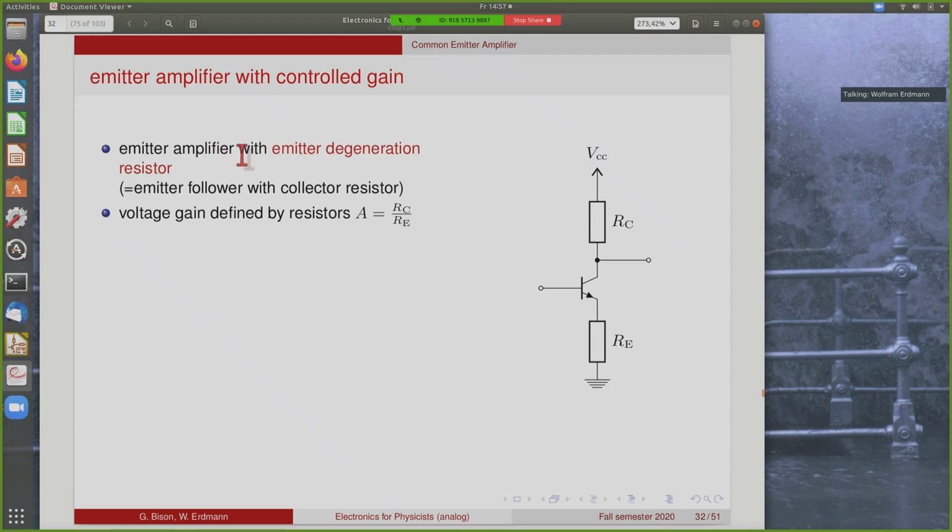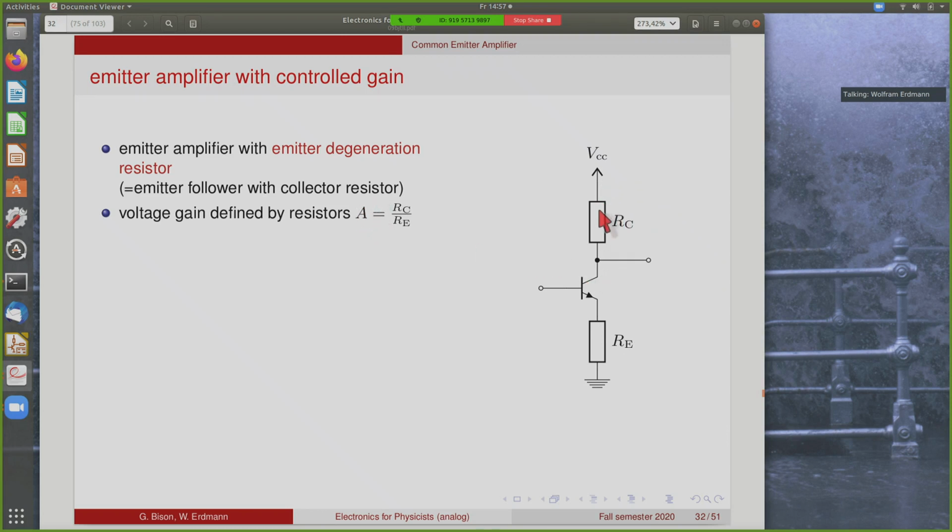So you can either see this as an emitter amplifier with a resistor at the emitter, or as an emitter follower with a collector resistor. Doesn't really matter, but most of the time people will look at it as an emitter amplifier. And now it turns out that the voltage gain of this is defined by the resistors